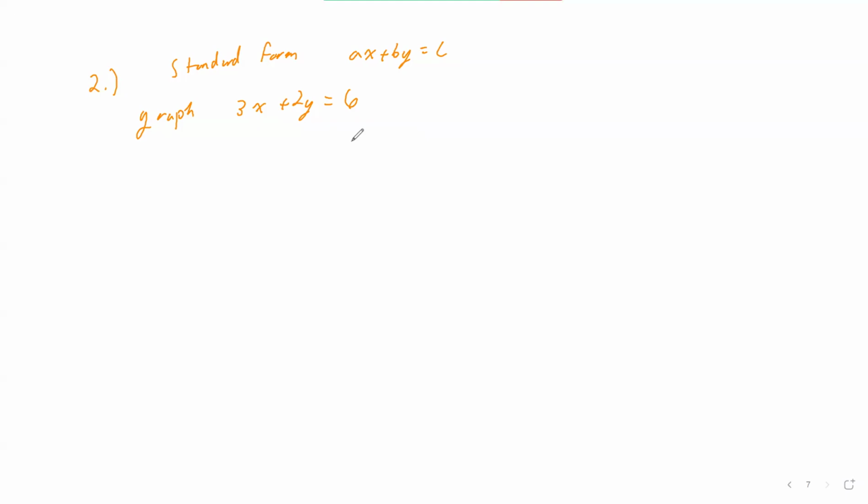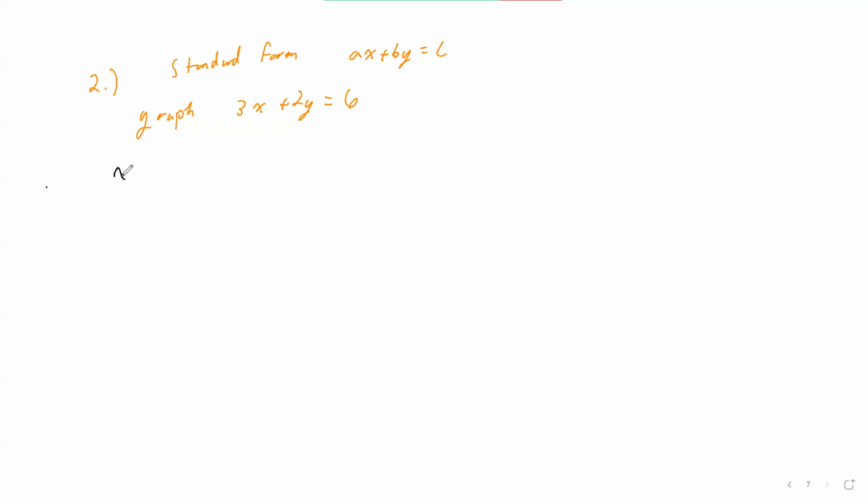When it's in this form, don't stress about looking for the y-intercept and the slope. Instead, look for your y-intercept and your x-intercept. We'll still find the y-intercept, but we don't have to worry about finding the b. All right, so what I mean by that